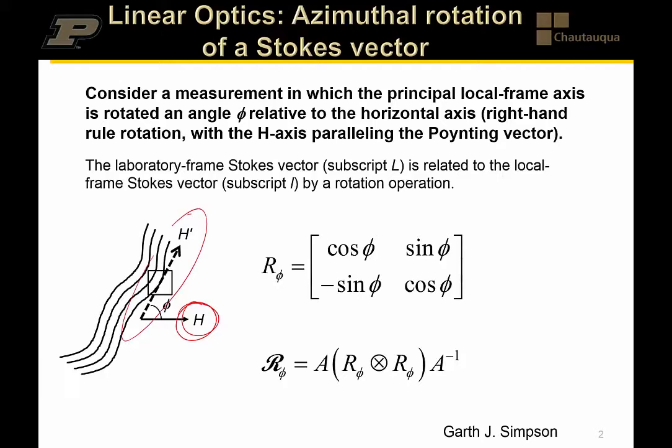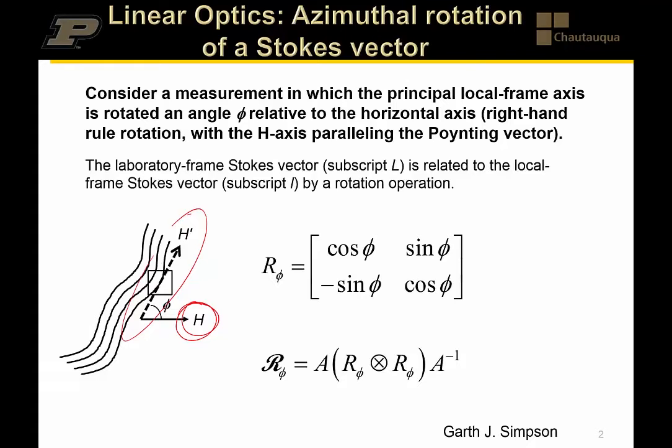And we're going to assume that, because everything in a Stokes and Mueller framework is defined exclusively in a two-dimensional system of polarization space, we really only have horizontal and vertical. So we're going to refer to everything in terms of the horizontal and vertical axes in the Stokes, Jones, and Mueller frameworks. And anytime we go to Cartesian coordinates, I'll let you know. So in this case, there's only one orientation angle that has to be considered, and that's azimuthal orientation by the angle phi. So if we have some relationship connecting h prime to h by this rotation angle phi,